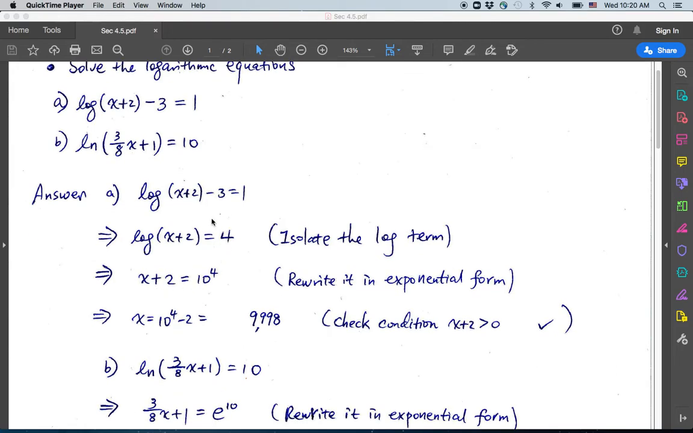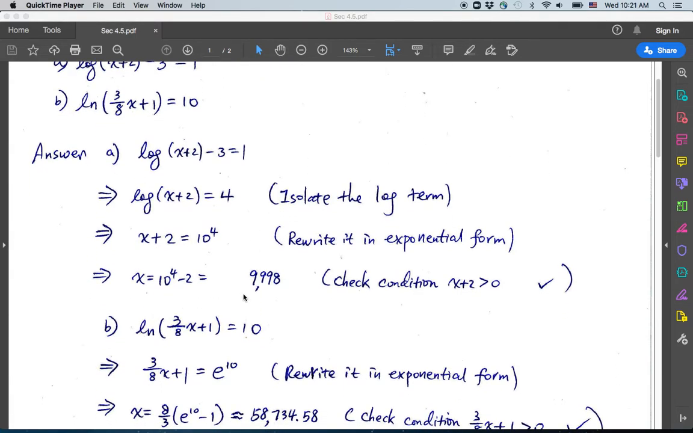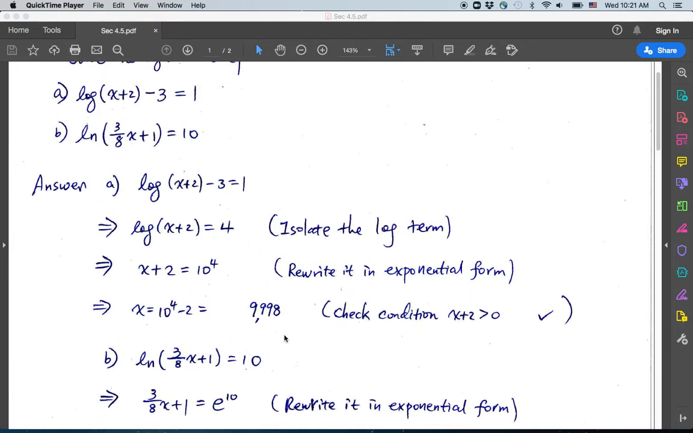And then we're going to rewrite the logarithmic form into exponential form using the definition. This gives us x plus 2 equals 10 to the power 4. And then we solve for x. Okay. And the solution is 9,998. So don't forget, when we're solving logarithmic equations in general, you need to check whether that solution will make